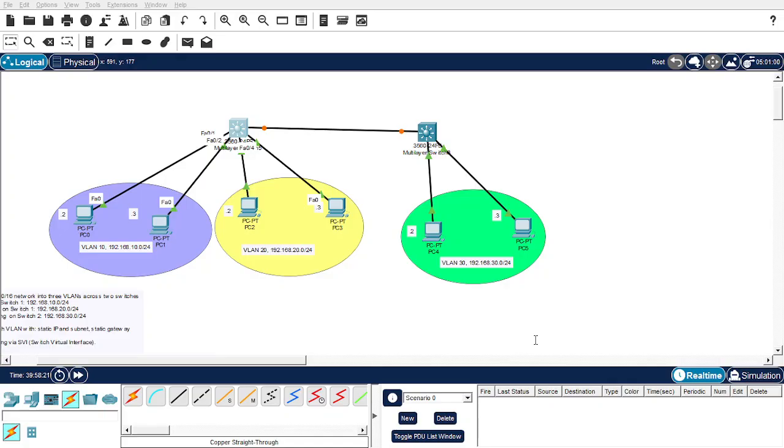So we need to type switchport trunk allowed vlan. We want to use VLAN 100 on this trunk port. Okay, so